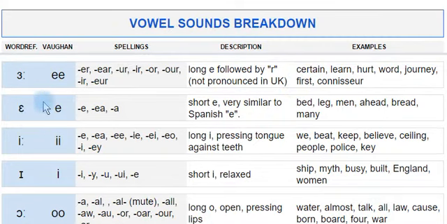Okay, the short A found in these three spellings. You don't have to worry about this sound because it is very, very similar to the Spanish E. Bed, leg, mend, ahead, bread, and many. Be careful with this spelling with an A, which is pronounced like E, "many", or sometimes EAD, okay? "Ahead" in this case. Be careful because the EA, as you can see here, is also pronounced with a